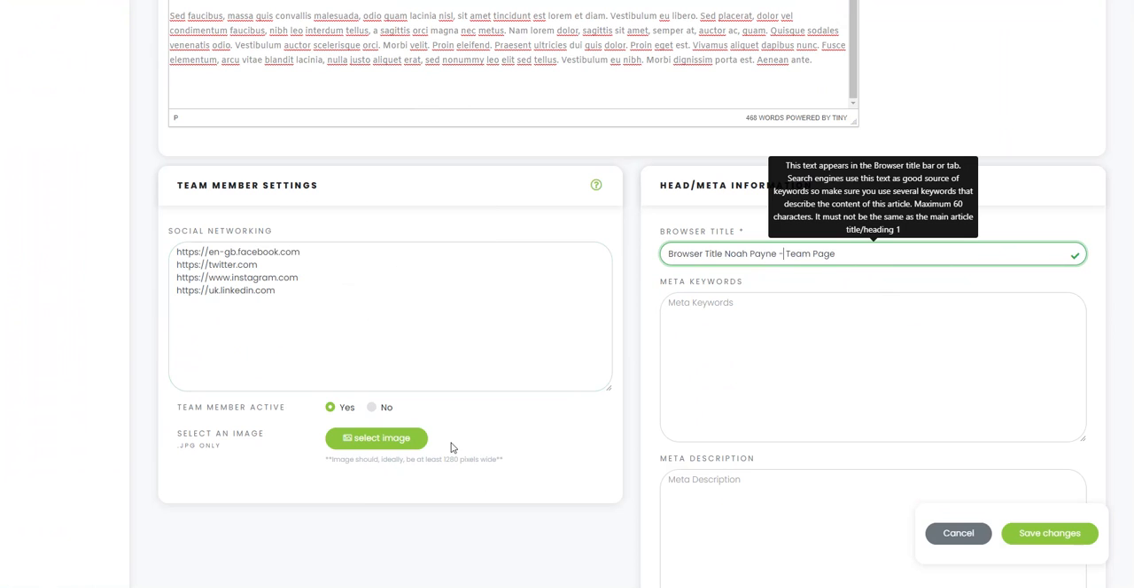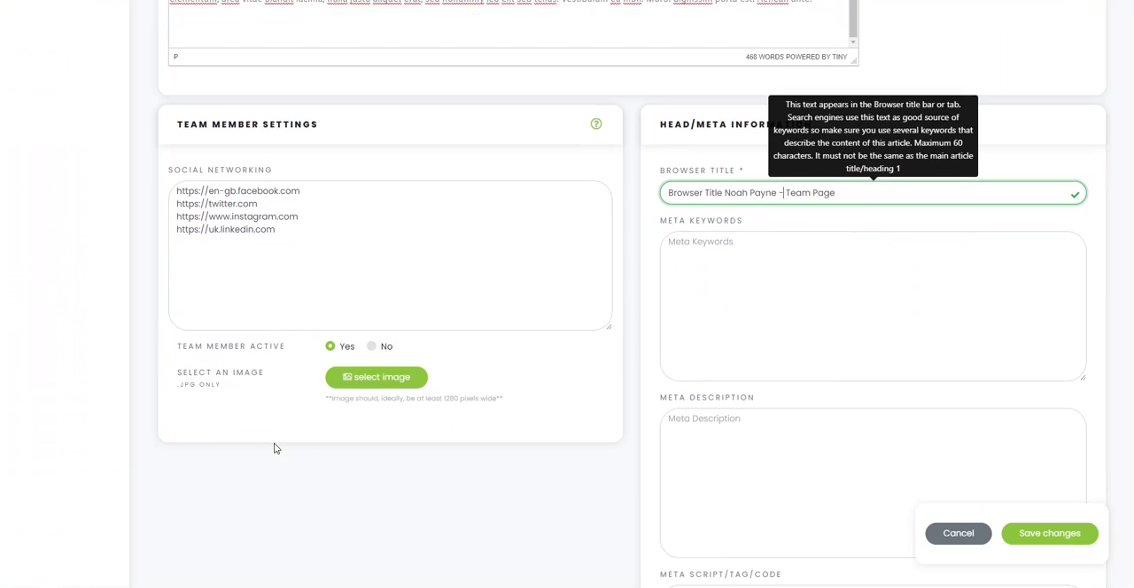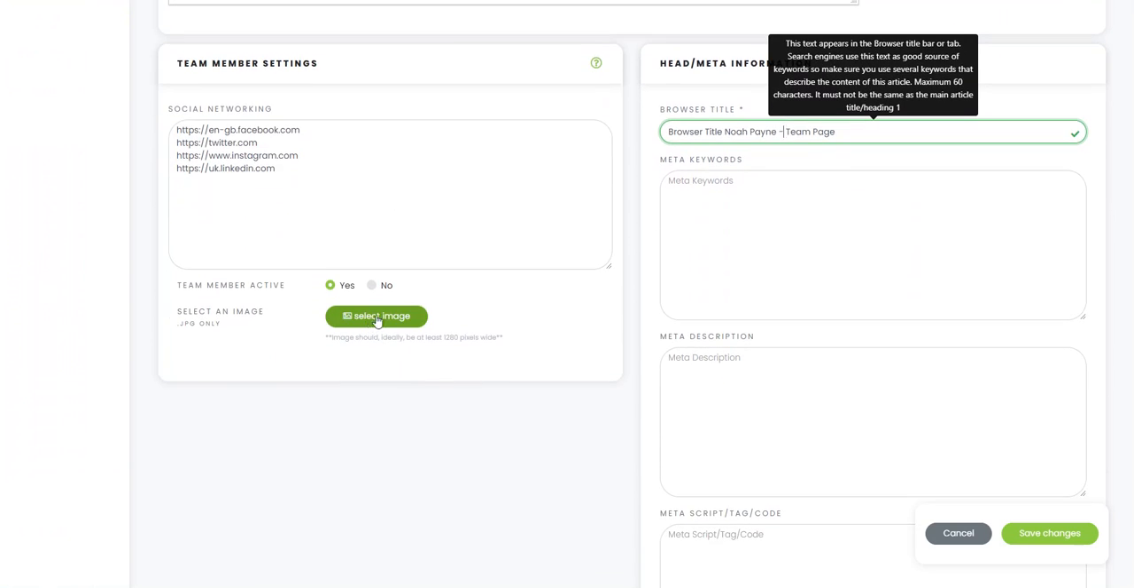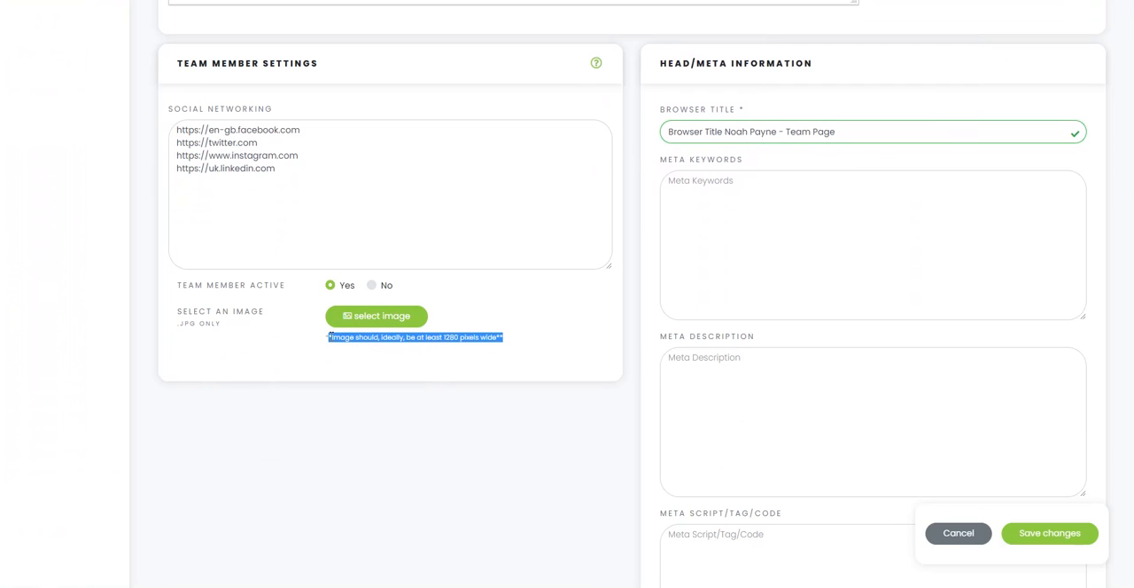So that's it. The last thing we need to do is add an image. Every aprompt website shows you how big your image needs to be. Ideally they should be square because it looks better, and ideally each of your team member pictures should be the same size. So I'm going to click select image,